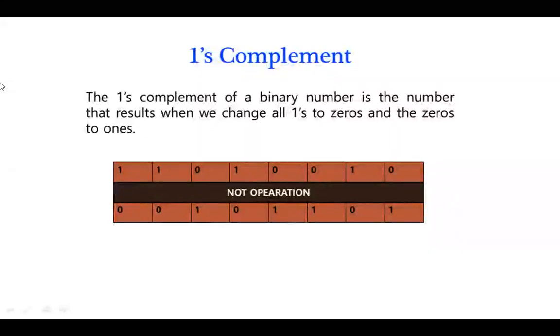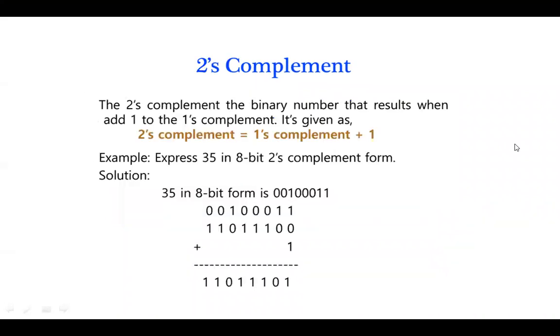Welcome everyone. So in this session we are going to see how to perform subtraction using ones complement and twos complement method. How do we complement a binary number? So one's complement of a number is just the not operation. We have discussed this even in the previous sessions. So when a 1 is converted to 0 and 0 is converted into 1, that will be a one's complement of a number. Now what is two's complement of a number? Two's complement of a binary number will be one's complement plus 1.